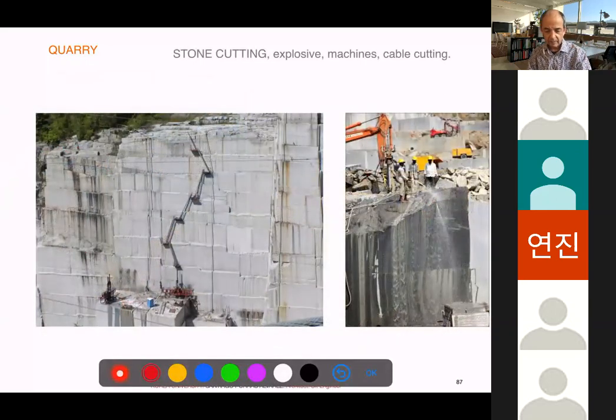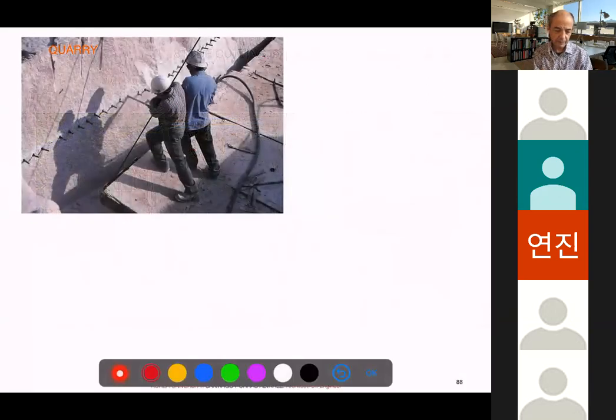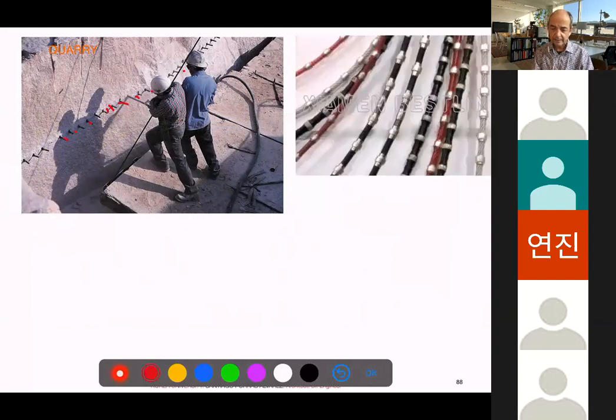So the difficulty, you can guess by the pattern of the stone, the stone has to be cut. And very often they use explosives, but explosives make a lot of material be lost. So usually they will use cable cutting, which is a kind of diamond cable. And in the cutting, they have to use water to reduce the dust. So you see, they drill the point where they want to cut the stone. And then in those drills, they put this cable, which is a kind of diamond